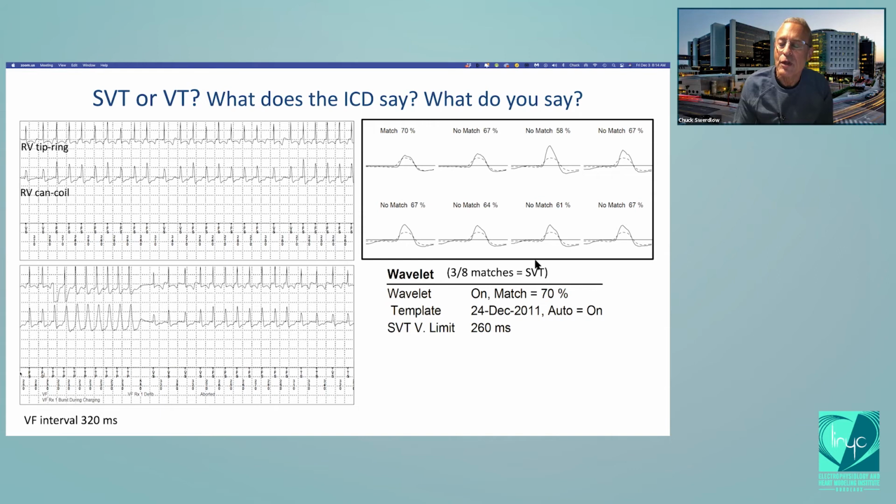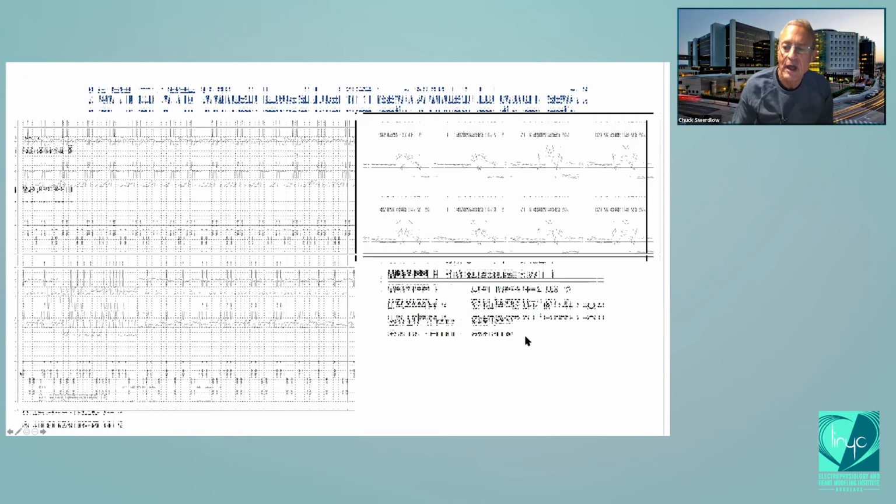And so your confidence in the morphology algorithm's decision should be related to the match percent, provided that the